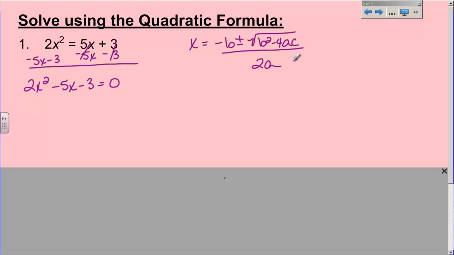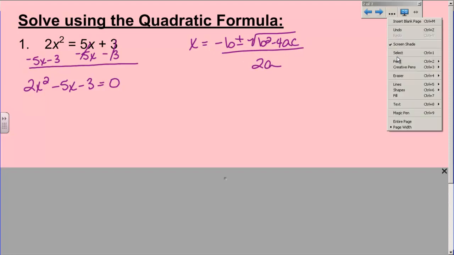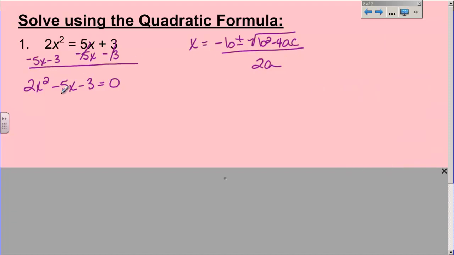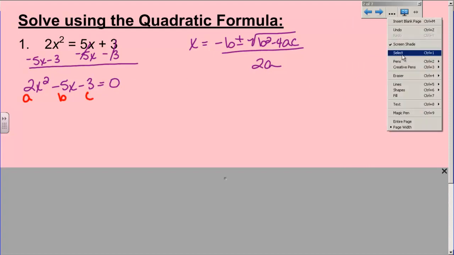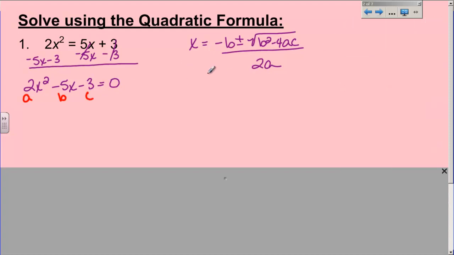And then the thing you have to remember when doing these problems is that the first coefficient is a, the second coefficient is b, and the third coefficient is c. And when you are doing these problems and plugging into the quadratic formula, make sure that you keep the signs with the coefficients. Otherwise, it will mess your whole problem up. So, x is going to equal